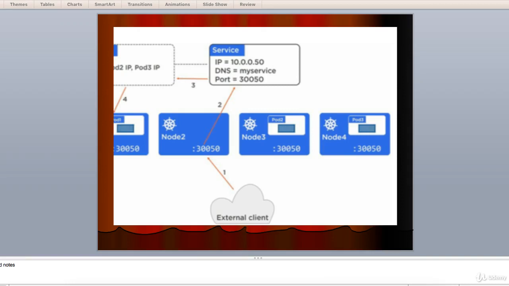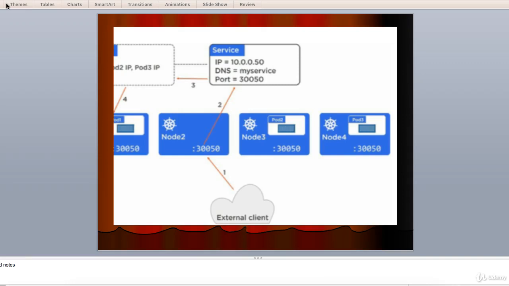Now let's talk about accessing from inside the cluster. When we create a service object, Kubernetes automatically creates an internal DNS mapping for it. This maps the name of the service to a VIP. For example, if you create a service called hellcat-svc, pods in the cluster will be able to resolve hellcat-svc to the service VIP. Therefore, as long as you know the name of a service, you will be able to connect to it by name.